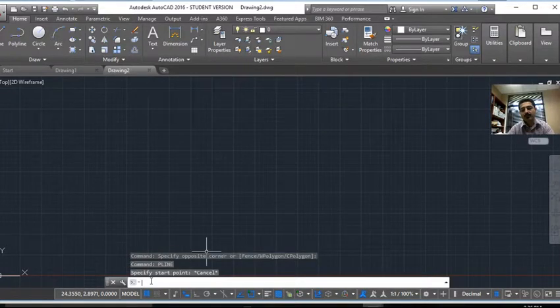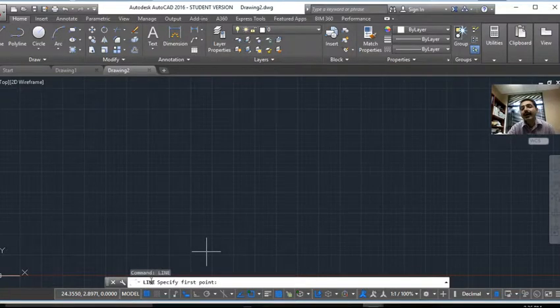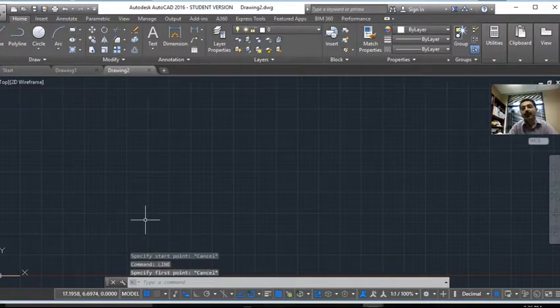Okay, so it's line, you hit enter. And again, now once you put this, AutoCAD is expecting you to specify the first point. Any line, as you may know, has a first point and an end point, and so on and so forth. In this course, I will try my best to show you the two ways of